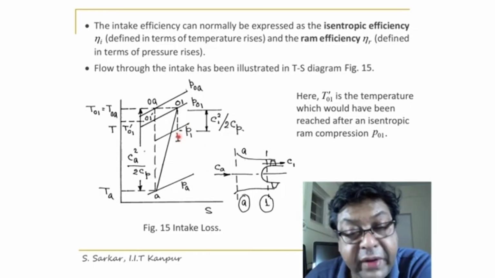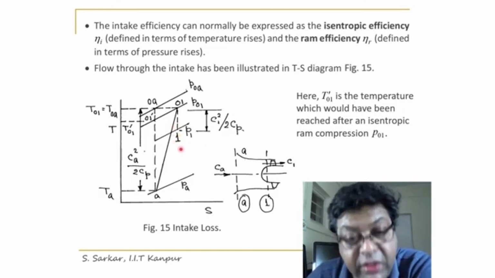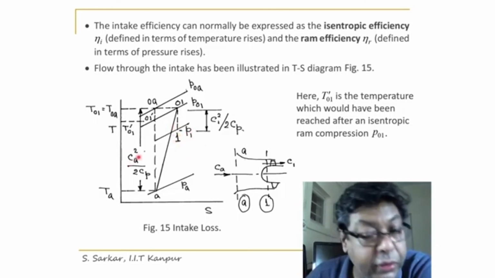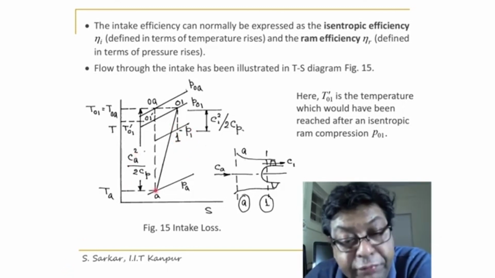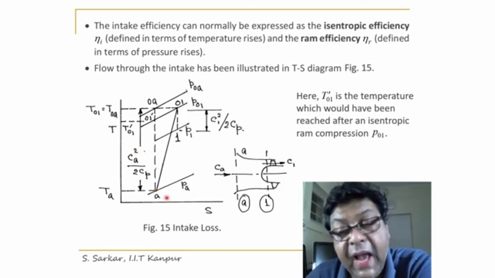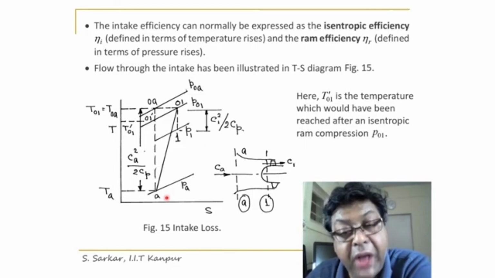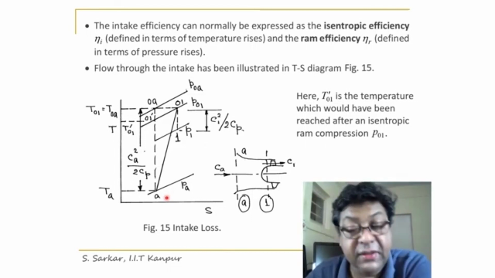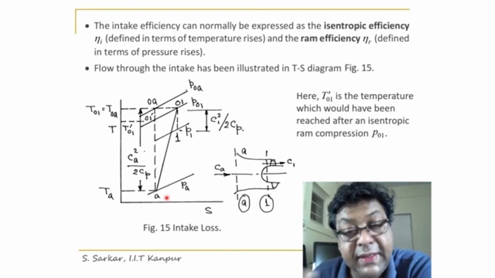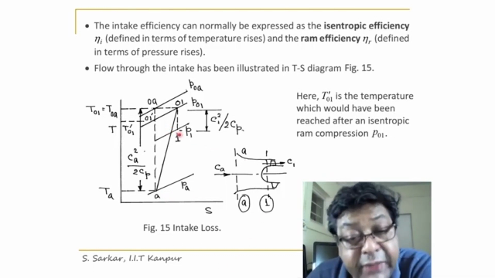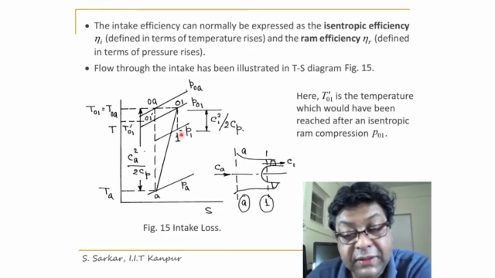Thus, I have identified the state point 1 and the pressure P1. So, because of this actual compression, actual diffusion in the intake, the static pressure would be P1 just before the entry to the compressor,